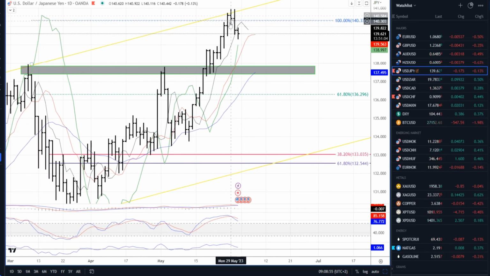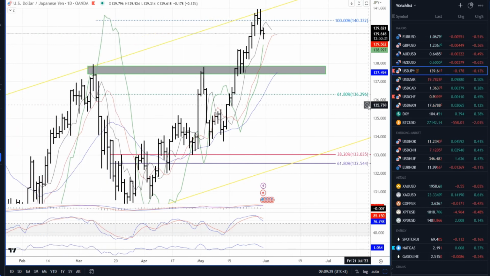Plus, we have the reversal day here after about 13 days of the bull run. We had this reversal day yesterday, so the market traded just above that previous day high and then sold off and closed on the low. So I definitely see potential for the USD to go lower towards, let's say, at least the recent swing highs on the daily around the 137.60 mark. But of course, if there is even bigger down power, there is even a chance for further lower prices.